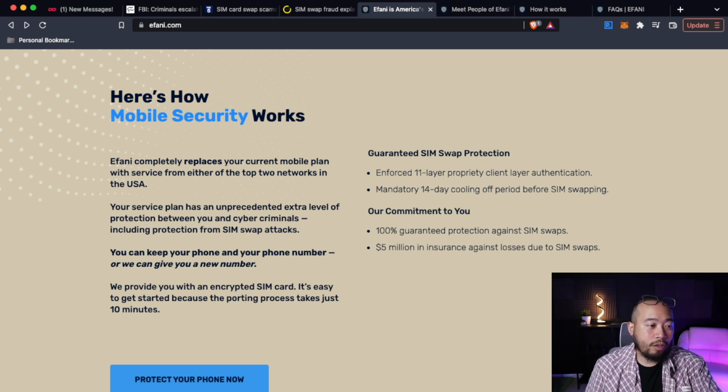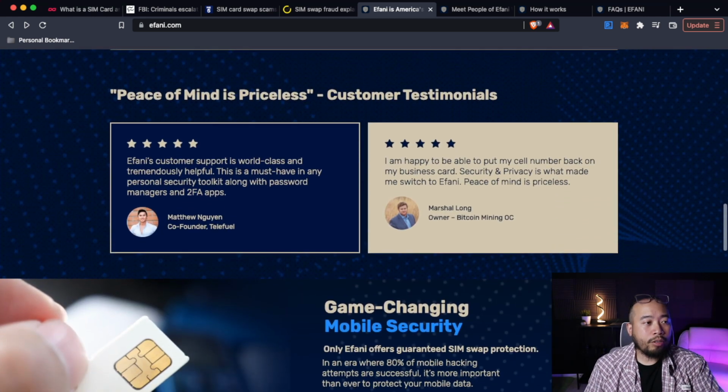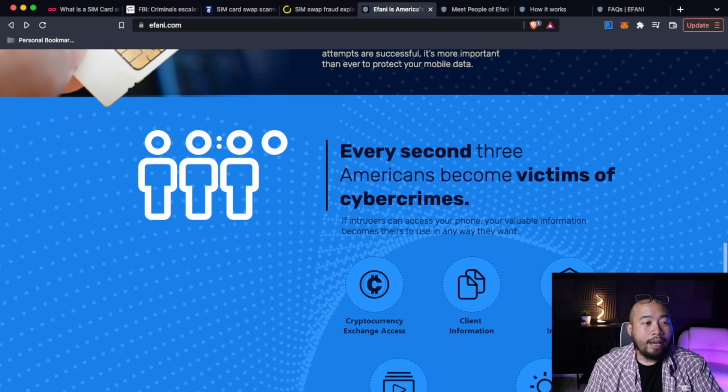It's easy to get started because the porting process just takes 10 minutes. Absolutely, I went ahead and called my service provider and said, "Hey, listen, I want you to release my number." And then once they released it, I told Efani, and they started the process. 10 minutes later, my phone number had moved over to Efani. And if we continue to scroll down here, we will see some testimonials, and then we're going to see some